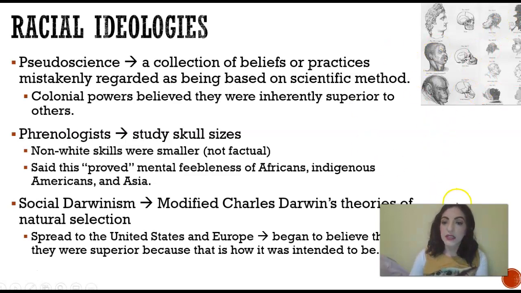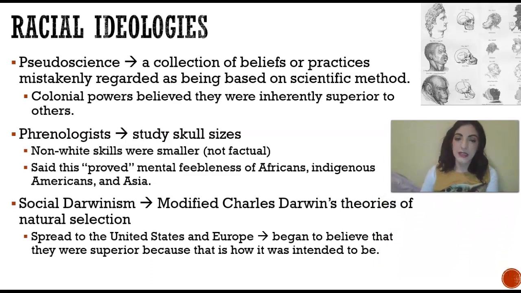Okay, this kind of goes into the ties of the pseudoscience, social Darwinism ideas. Pseudoscience is a collection of beliefs or practices mistakenly regarded as being based on scientific method, aka fake science. Colonial powers believed that they were inherently superior to others, which means they felt like they were born biologically superior or above other people. Phrenologists are scientists who study skull sizes, and so they did these really, I guess you can call them antiquated or outdated